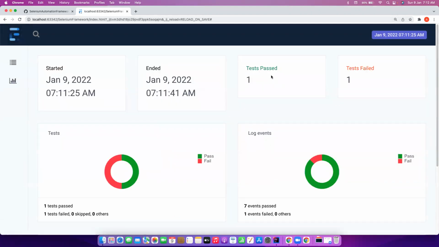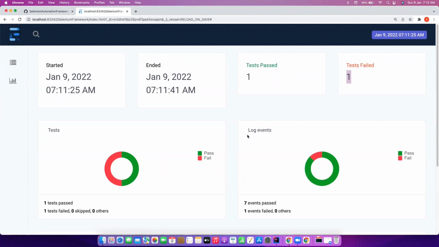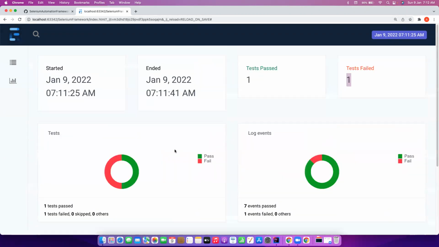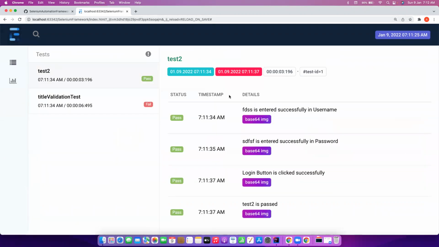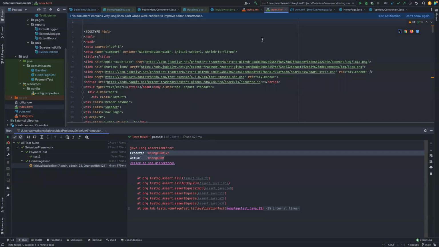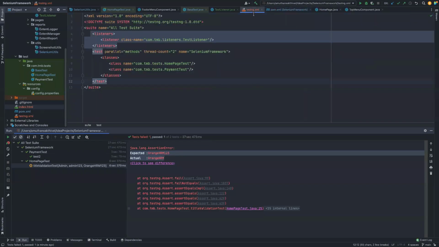And even if you go here, one test got passed, one test got failed, and what is the time took for this test? For example, the test 2 took 3.196 seconds, test 1 took 6.495 seconds. Okay, so yeah, even the timing is there in the timeline. Yeah, so, and also if you notice one thing, that